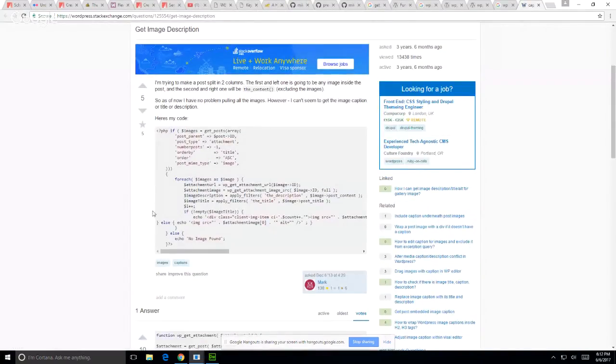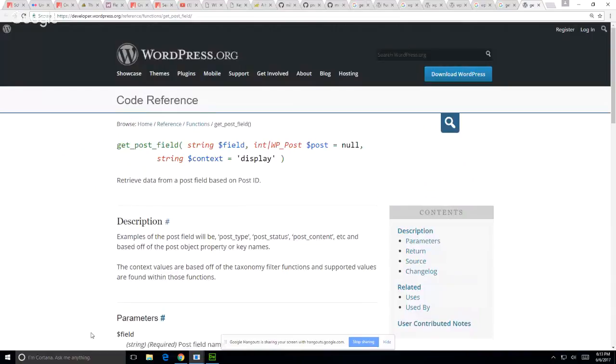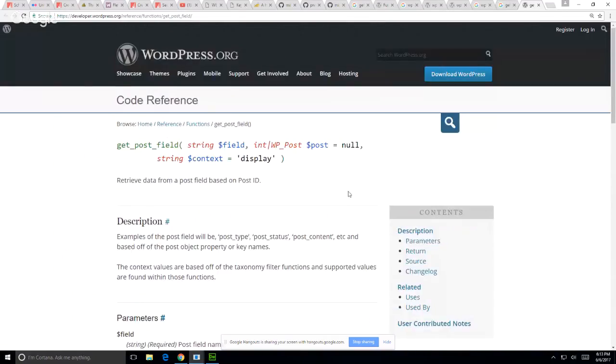It's one I looked at the other day. Anyway, you're going to see a lot of these functions, right, as you go cruising through. And you'll start to get to know what does what. But essentially, the function that I'm looking for is the get post field. Okay. And the arguments are